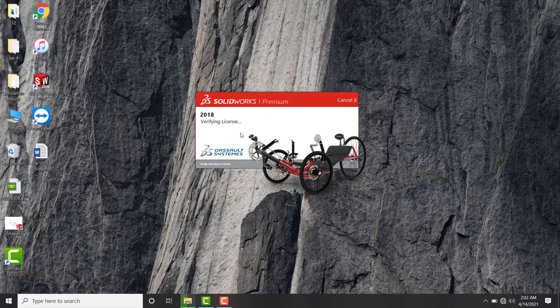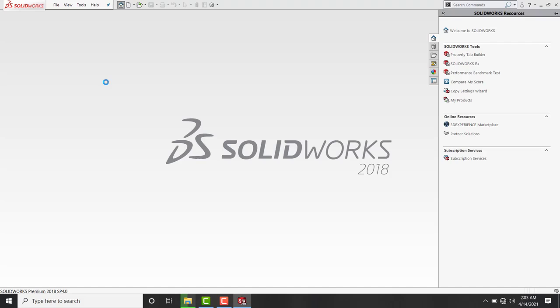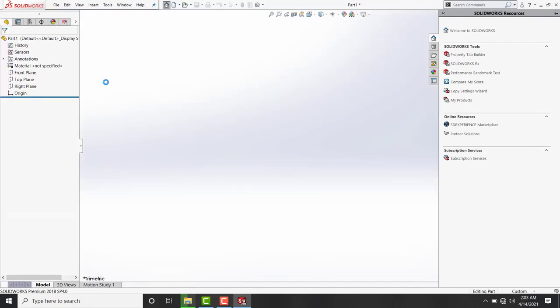Today we are going to start another tutorial, and in this tutorial we will create solid 3D models. For this purpose, let's launch SolidWorks 2018. Click on new tab and double click on part. Here we go. A new part document is opened,